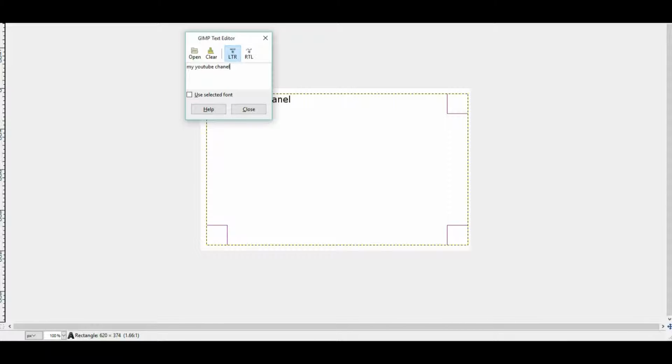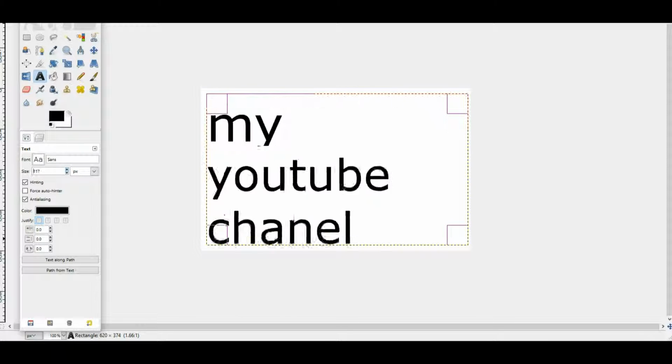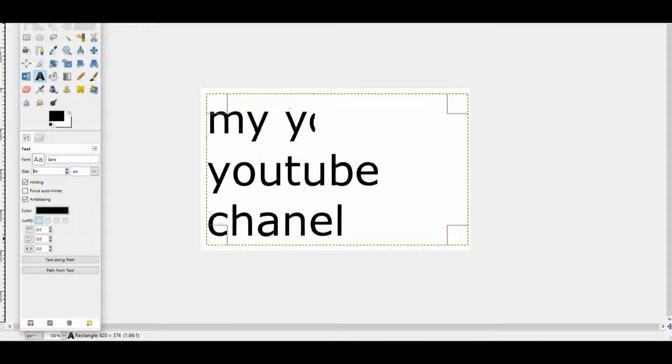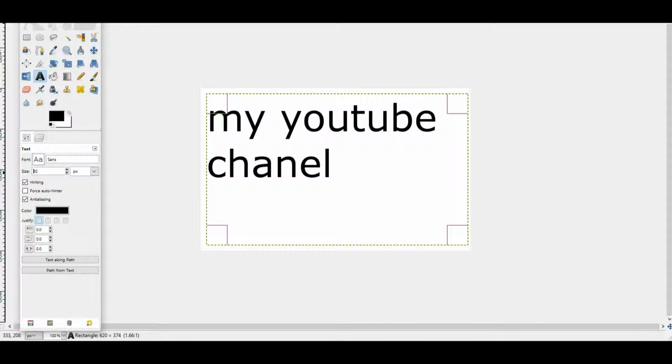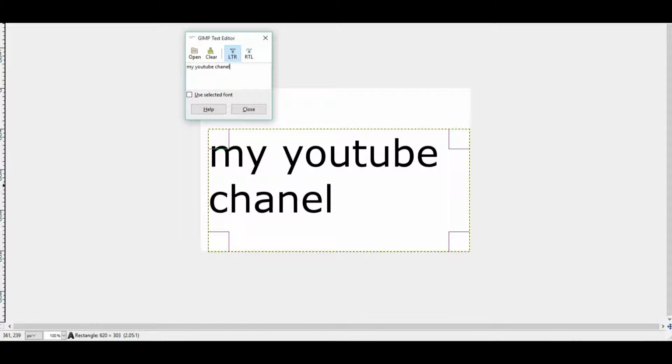Anyways, then what we can do is come over here. Let's say we want it to be this size, and in Photoshop you'd have to highlight this before you can change it. But here, just this, we don't want it that big. I think that's perfect, and then we can just sort of center it,